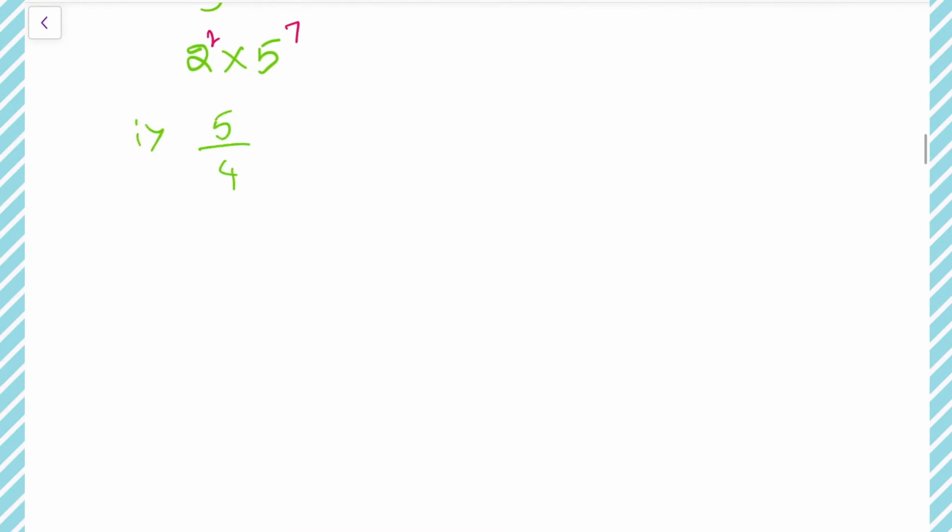5 divided by 4, which equals 5 by, if we simplify the 4, we can write it as 2 square. So as I said earlier, in the denominator, if only number 2 is there, or only number 5, or only 2 and 5, then it is terminating. In this case we have only number 2, so this is a terminating type of decimal. In the exam, we will write this as: the denominator is in the form of 2 power n into 5 power m, so it is terminating.